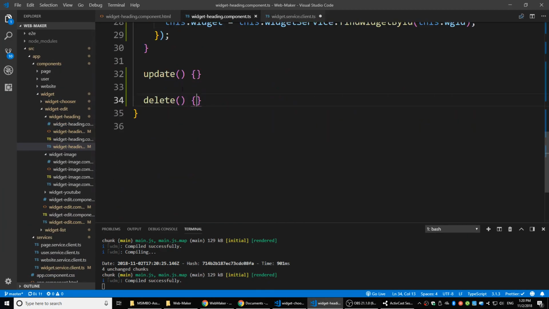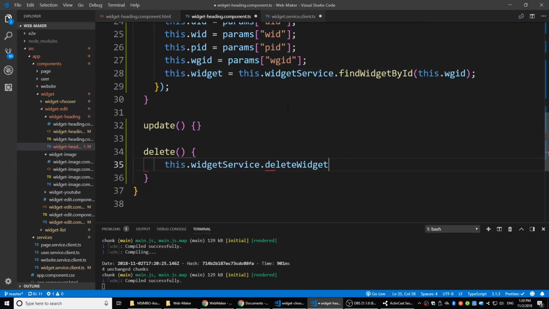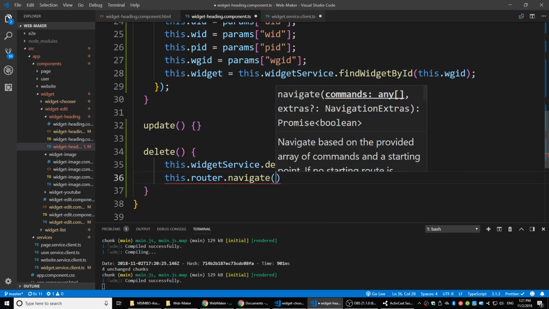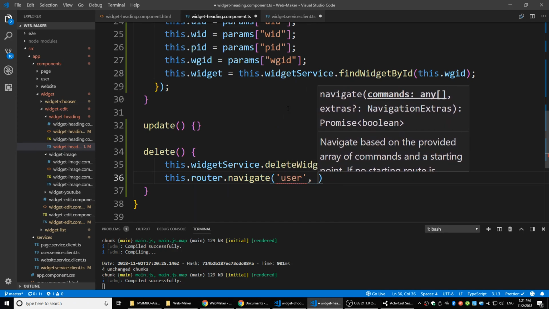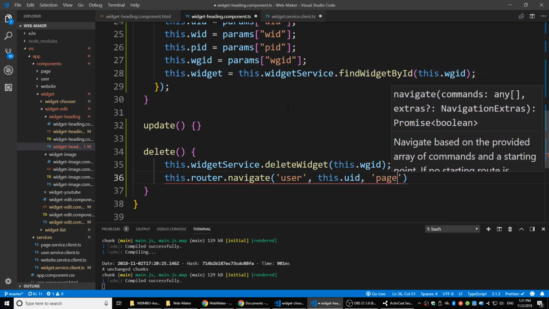Okay, fix the function. So I have delete function. When I click delete, I'm trying to delete this current widget. So it's going to be this widget service delete widget, passing this widget ID as a reference to this specific widget. I want to delete it, and after I delete it, I want to go back to my widget list page. So it's going to be this router navigate. Okay, navigate back. The URL going to be user and UID. This UID and website, and this PID, and then page,